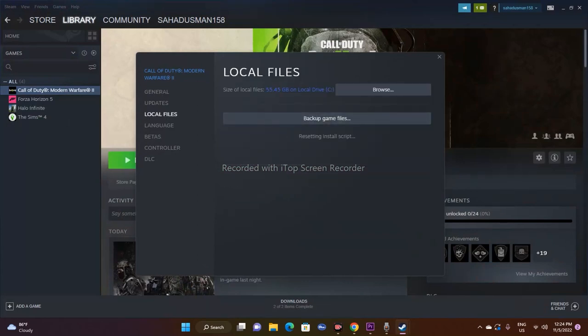When the verification is working, it is repairing the files which are corrupted or missing, and they all will be fixed from their end. This actually worked for many users. Verifying the integrity of game files is repairing the game files, so I suggest you do the same, as it has helped many users. And these are the possible workarounds you can try when you're having the error code Diver on Call of Duty Modern Warfare 2, and how we can fix this.